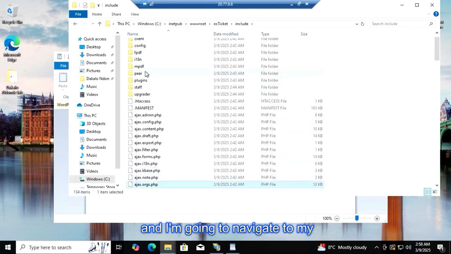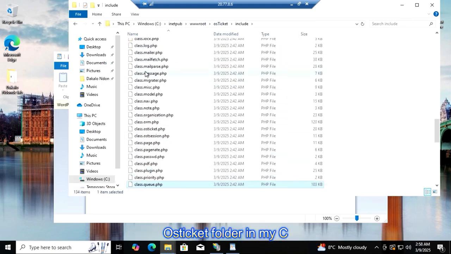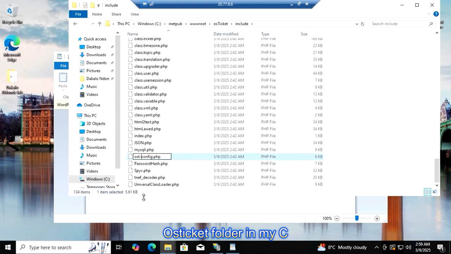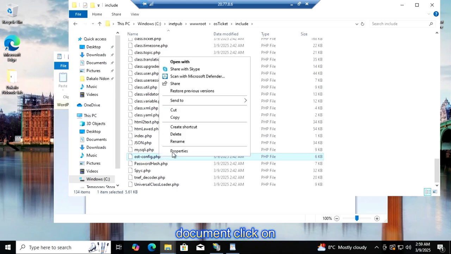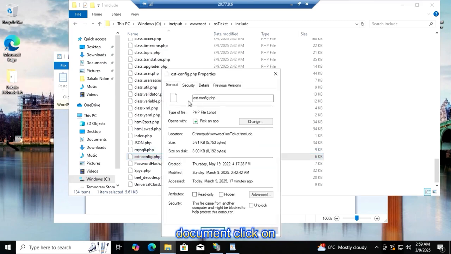And I'm going to navigate to my osTicket folder in my C drive, open the include folder and navigate to the ost-sample-config.php document and rename it to ost-config.php, and then select the document, click on properties,